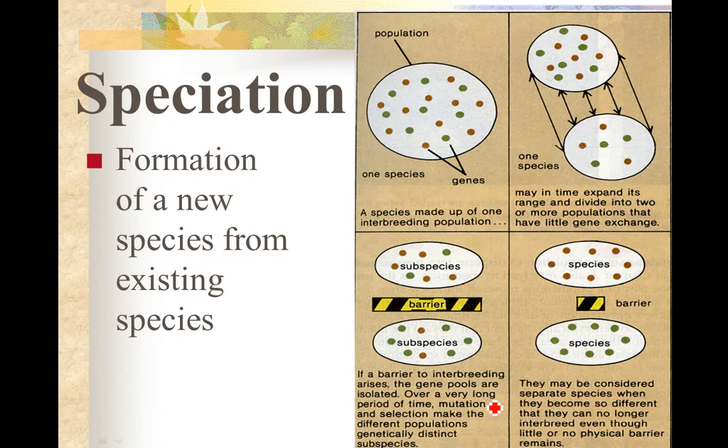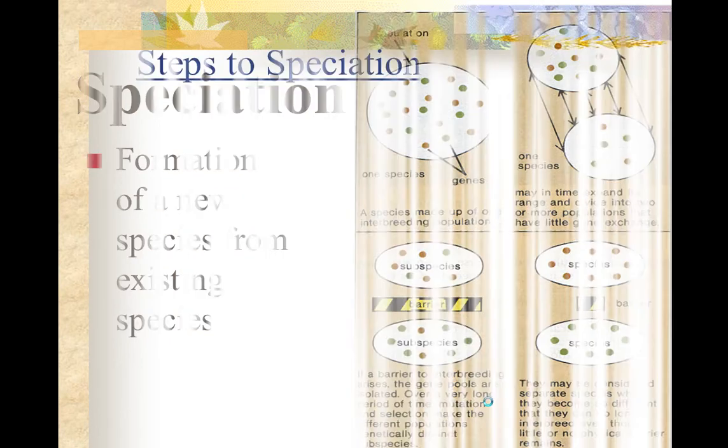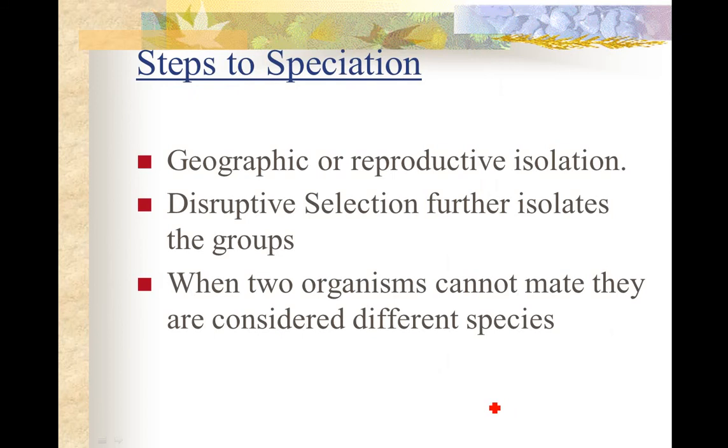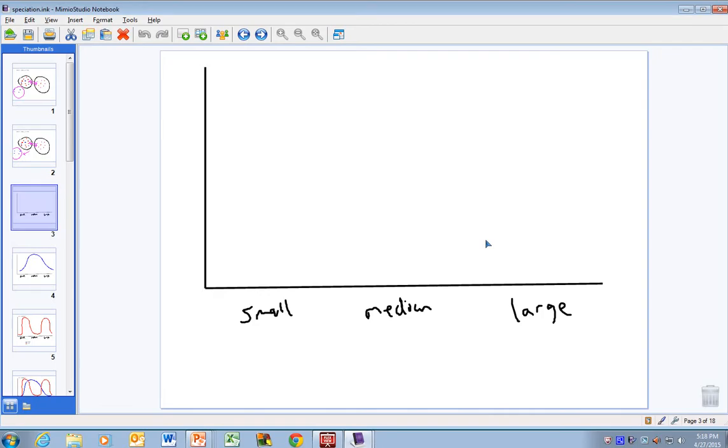There's no poof, there they are. It has to be the emergence from a new species. And some simple steps. So what I want to do is put the steps down, and now when you see this, I need to review disruptive selection to see how this happens. So first, this is a recap from an earlier video.